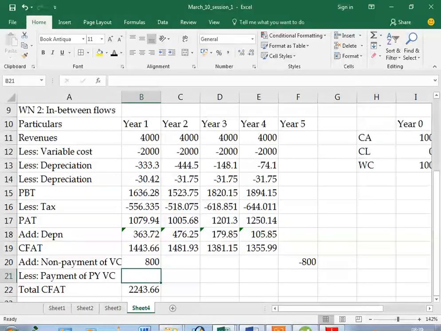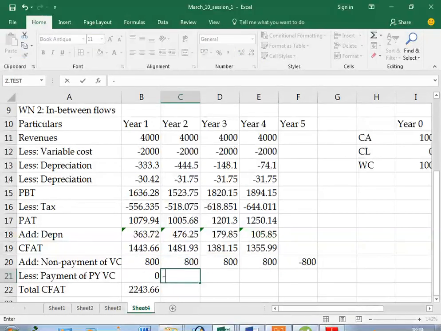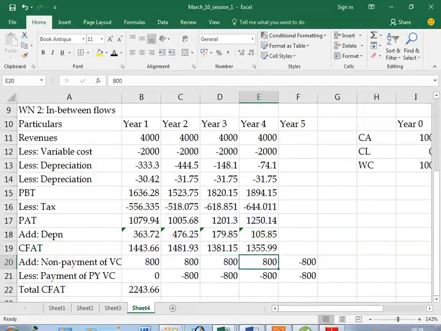So I did that. Nothing of previous year got paid. Again I added back 800, but I'm paying previous year 800 now. Technically what you are doing is adding back 800, 800, 800, 800 and paying that 800 in the next year. Clear? Adding back 800 in year 1, year 2, year 3, year 4, and paying that in year 2, year 3, year 4 and year 5, and my final net cash flow is,